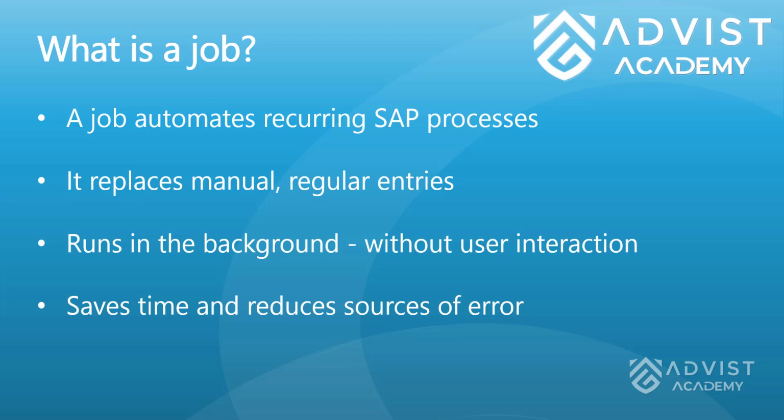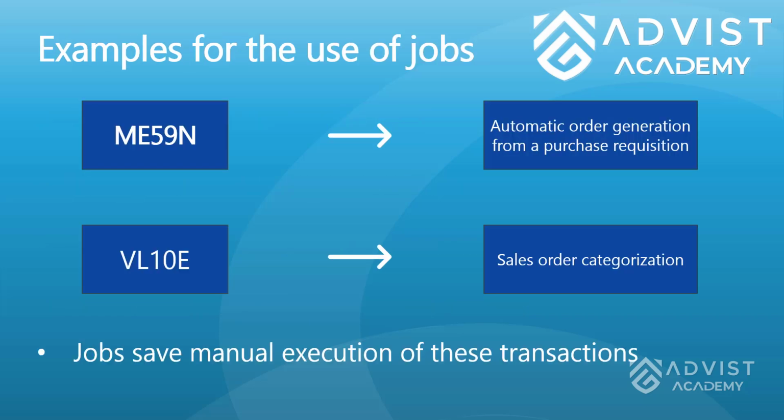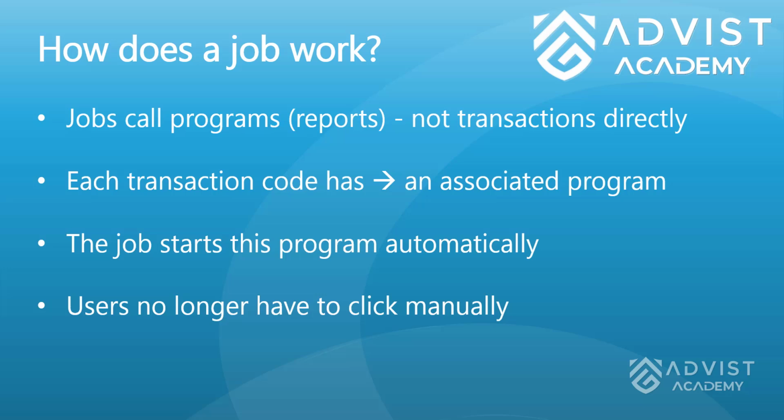Jobs are practical for many transactions, such as the ME59N for automatic order generation from a purchase requisition or the VL10E for sales order scheduling. To avoid having to carry out these transactions manually again and again, jobs can be created to run these transactions